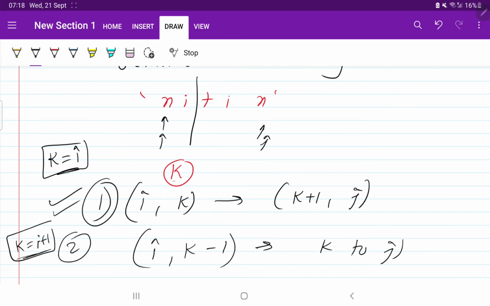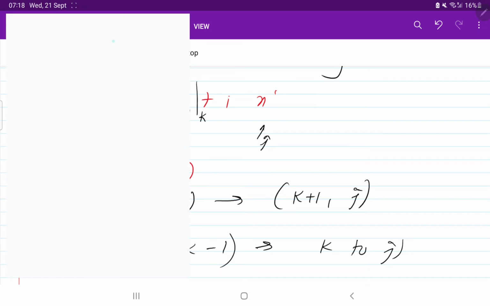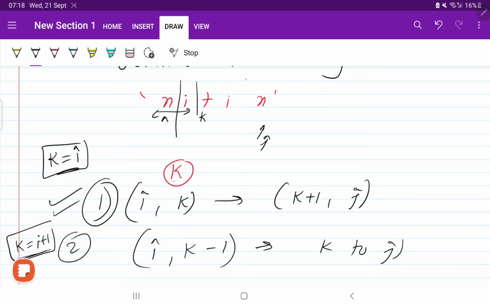So what can be the first case? First case can be like this: i to k minus 1. Okay, this is covered, and then from k to j. This was k, so k minus 1 will be here. So again we have covered everything. Sorry, by mistake this is opened. Just a second. Yeah, so from here we have done, this was for k, so this will be i to k minus 1, and from k to j. So these are the two possible for loops.